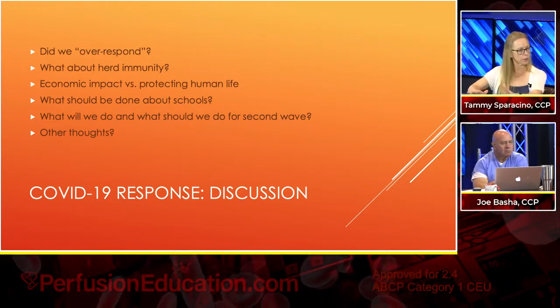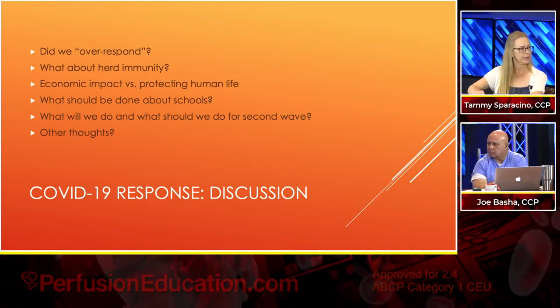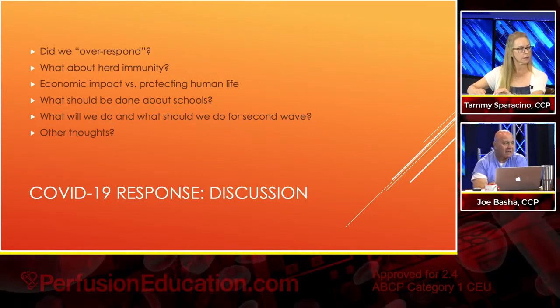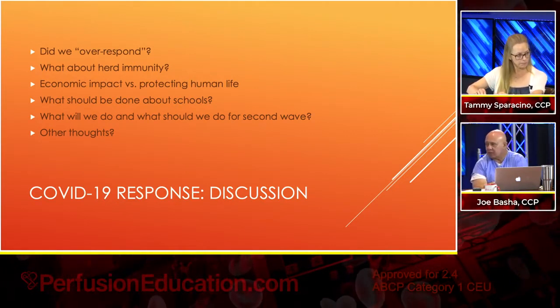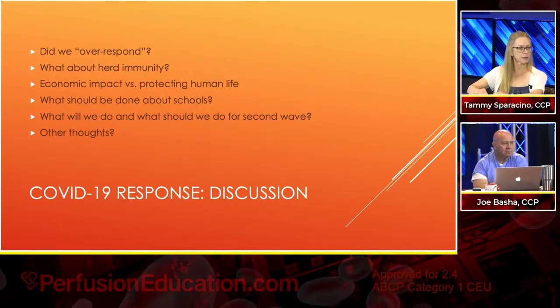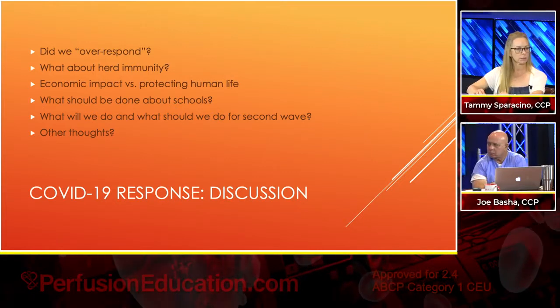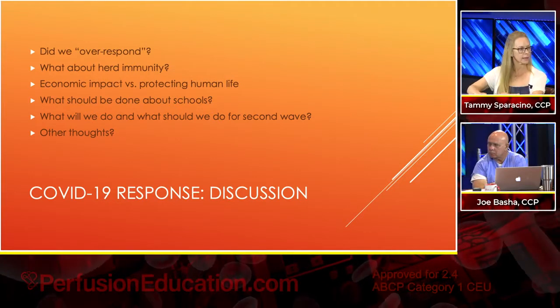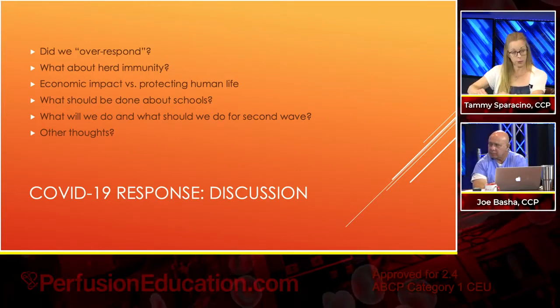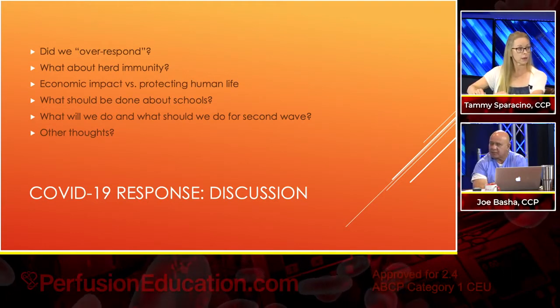Now, of course, we want to protect human life any way we can. That's not what I mean at all. But economic impact impacts human life. It does, especially very disproportionately to certain class groups. Yes. And they're going to suffer for a long time. Yes. I think we're all thinking about this a little bit, but it hadn't even occurred to me that people who aren't working, children